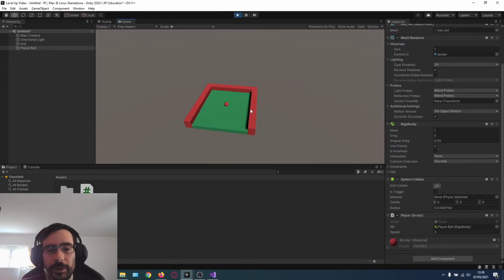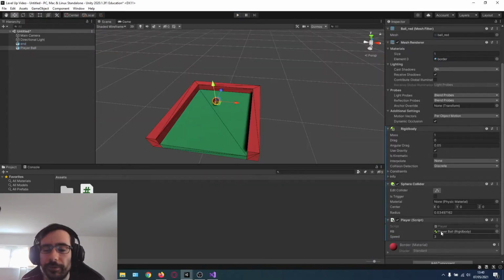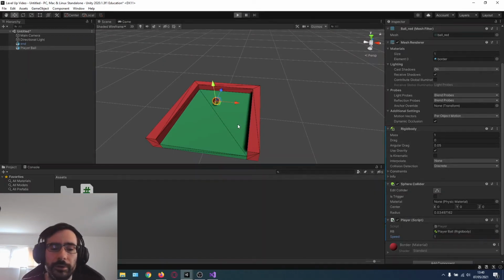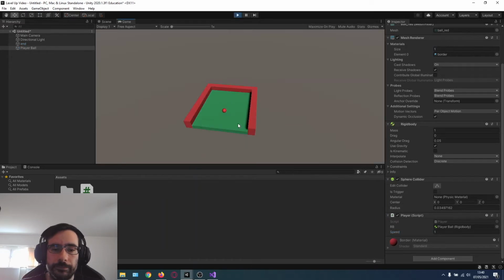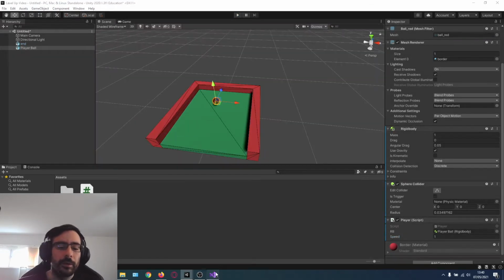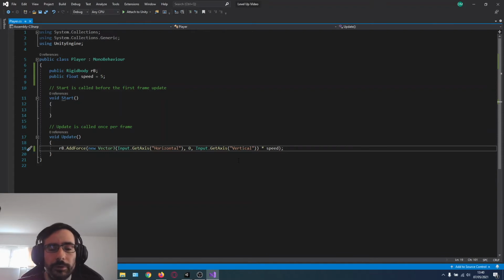And if I hit play again, you can see it's a bit more slow. So you can adjust that value as needed, but I'm just going to set that back to around 1. And that will do for now. Okay, so the next point that we can work on is